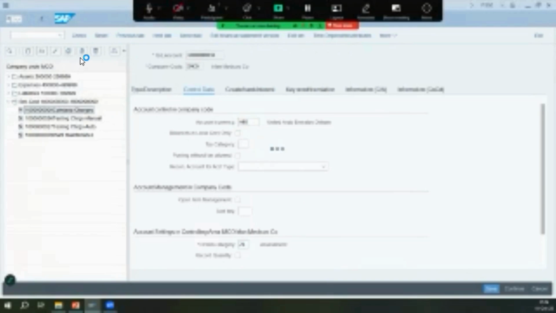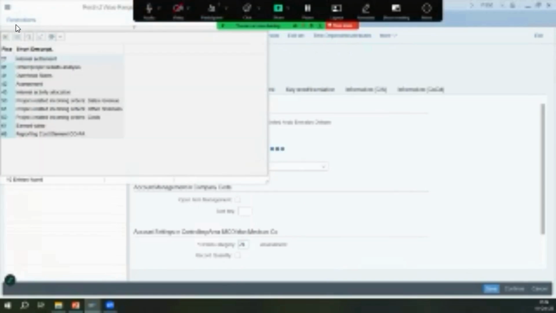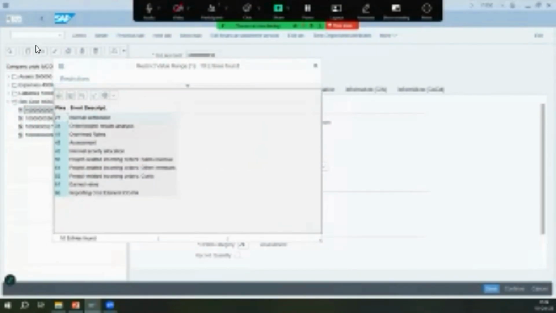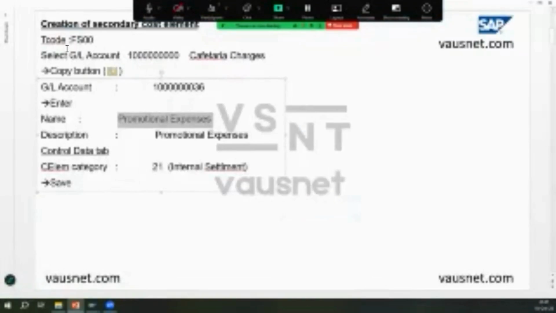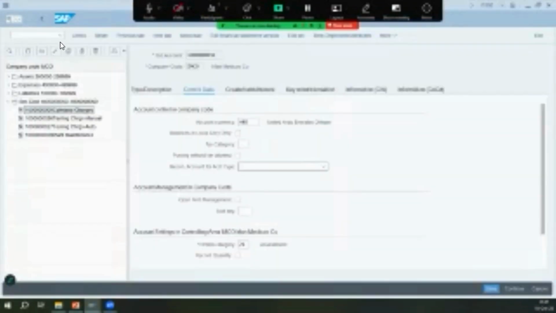And let's see what categories do we have. We have 1, 11, and we don't have 111. 1 is for primary, 11 is for revenues, internal settlement, overhead rates, assessment, internal activity level. We've done all this in the previous lecture. You can view our videos for the previous lectures. Okay, cost element AED, everything is okay, and sort key